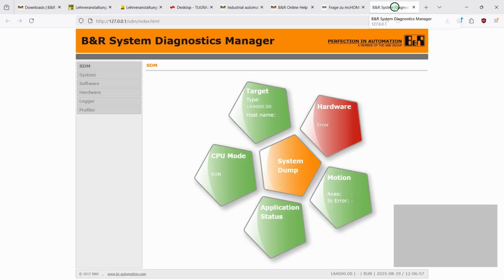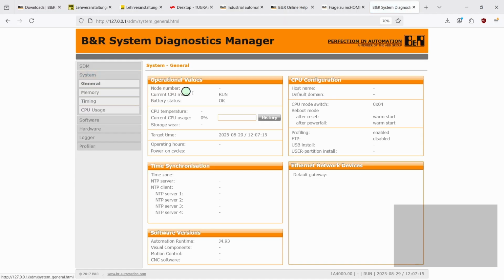And here we already have this System Diagnostics Manager. It would look exactly the same as it would look on a real X20 CPU. And we can also do the same things that we could do on a real CPU. I will go back to Automation Studio,